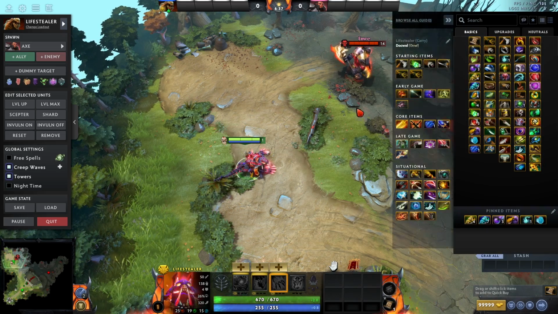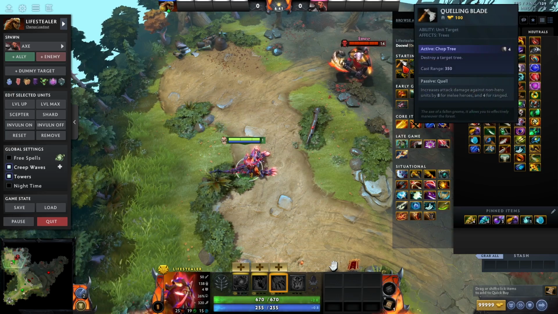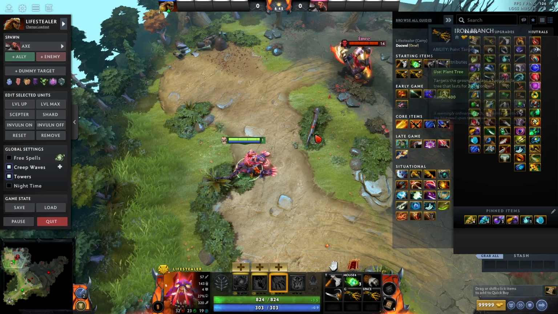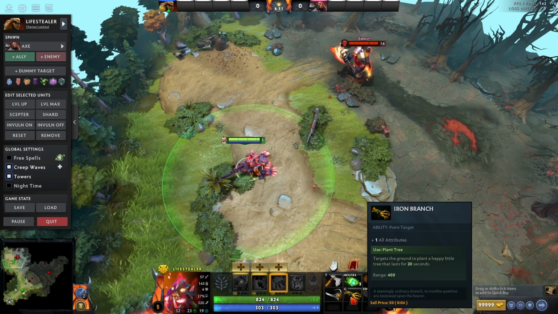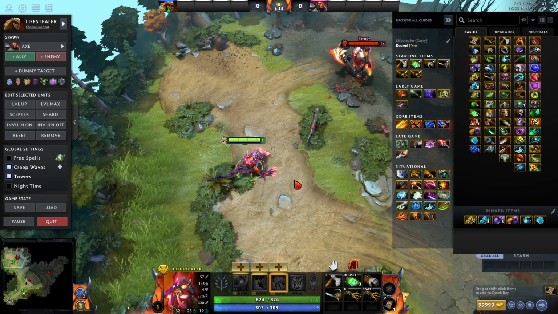So first we're going to start off with the starting items, and basically you're just going to be buying Quelling Blade, Tango, Gauntlet, Circlet, and 2 branches pretty much every single game. This is what you're going to be doing every single time. Sometimes people will not go as many branches or circlets and just go for a few gauntlets. You can kind of do that, but I think this is just better